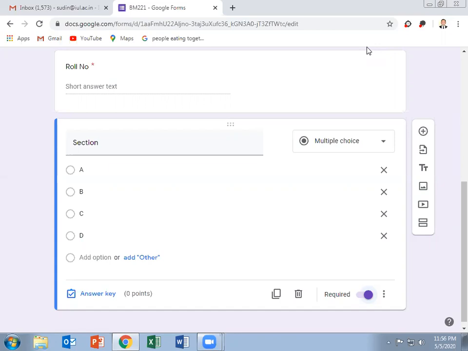Then if we are adding any type of question, we have to add marks, we have to add the correct answer, and the marks have to be assigned by us for each and every question. The answers of MCQs will be judged automatically by the computer, while the answers of short questions have to be checked manually.